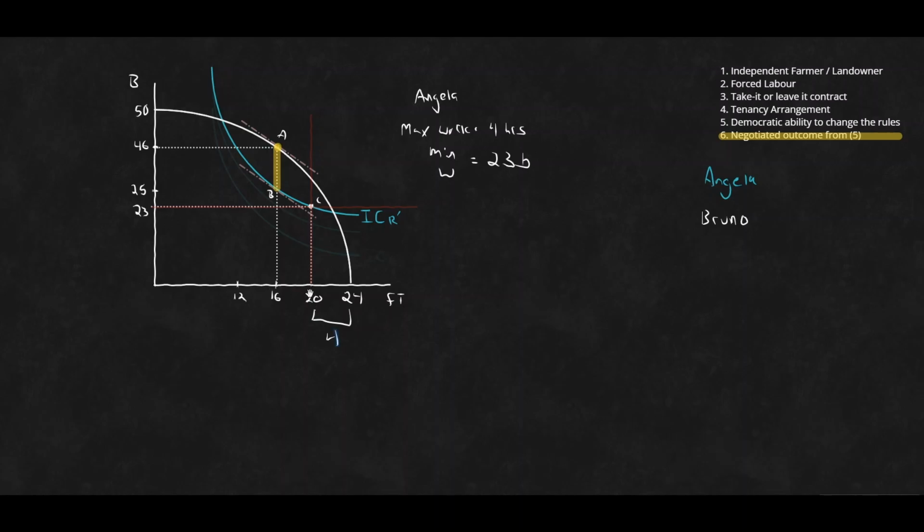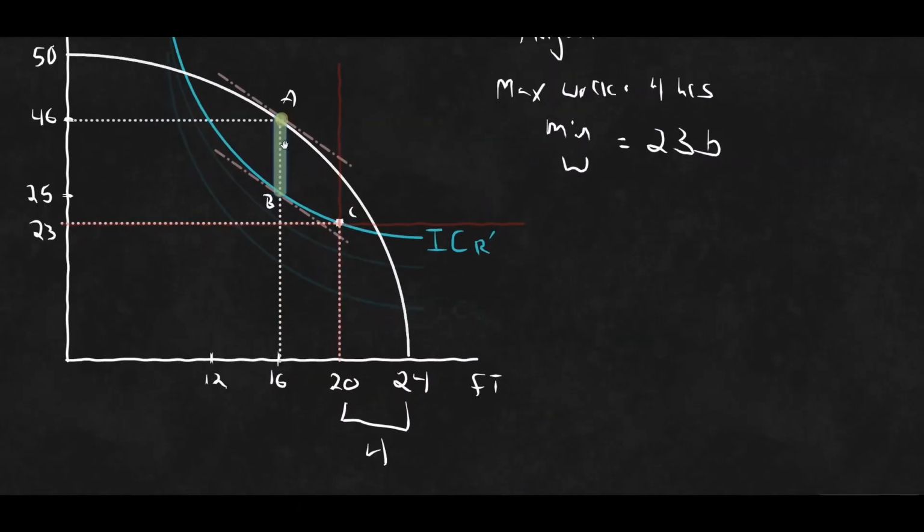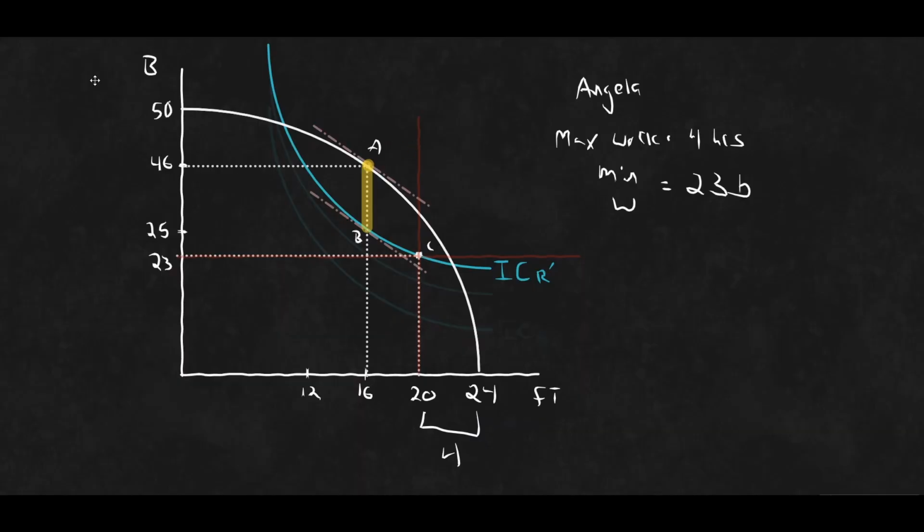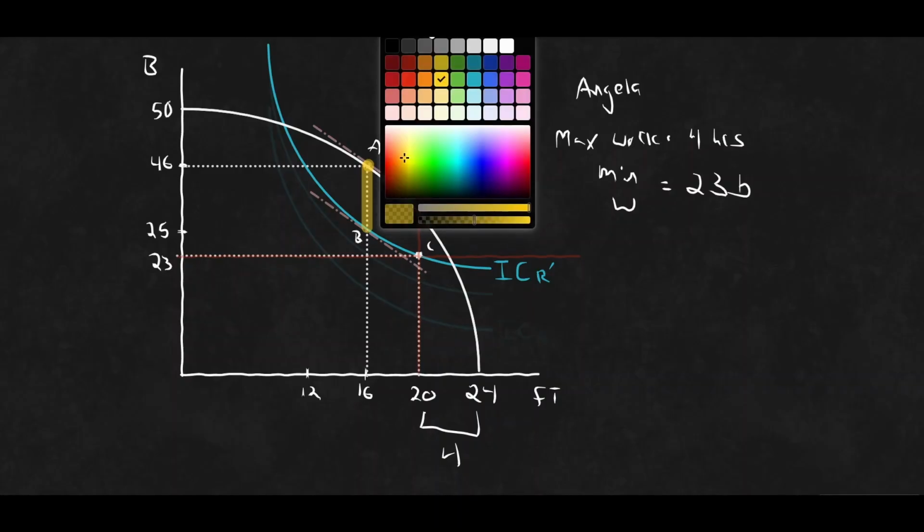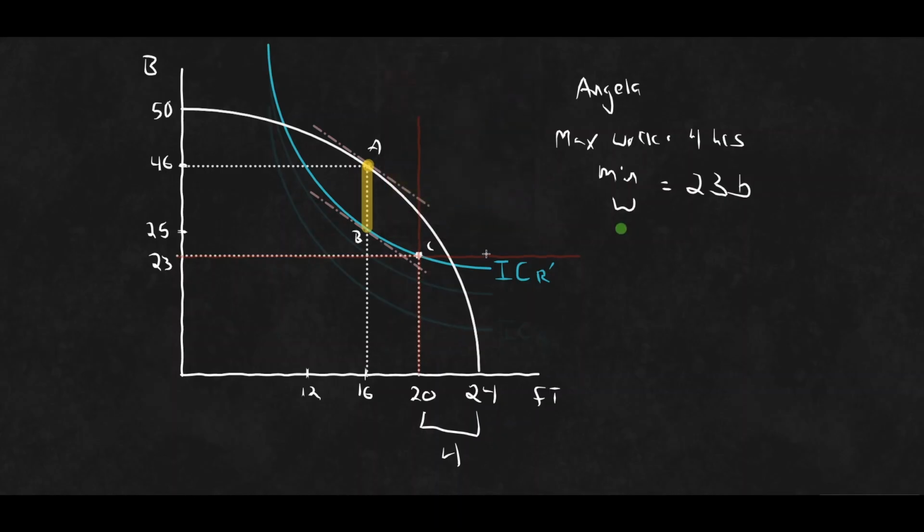And let's take a look at that. In fact, let's just zoom in, because it's a bit of a small diagram and this allows us to focus in on what we're looking at a bit better. Okay, so right now we're at point C. What is Bruno getting at point C? Well, Bruno, again, let's use green for Bruno. Bruno is receiving the difference between what is produced and what Bruno has to pay to Angela. So that line there, that is Bruno's payoff, that's Bruno's profit.